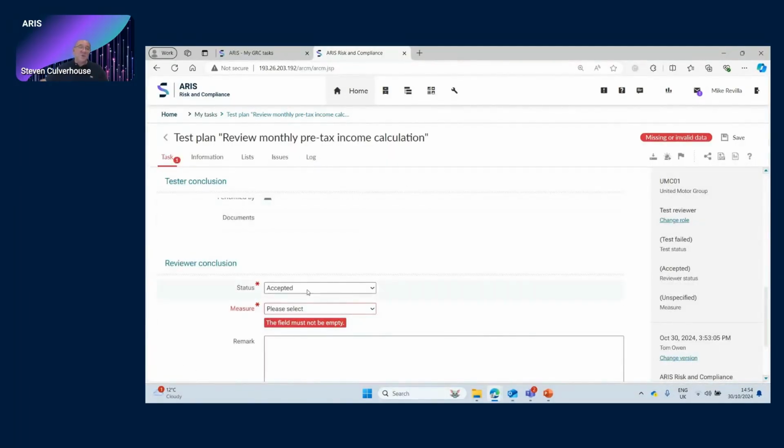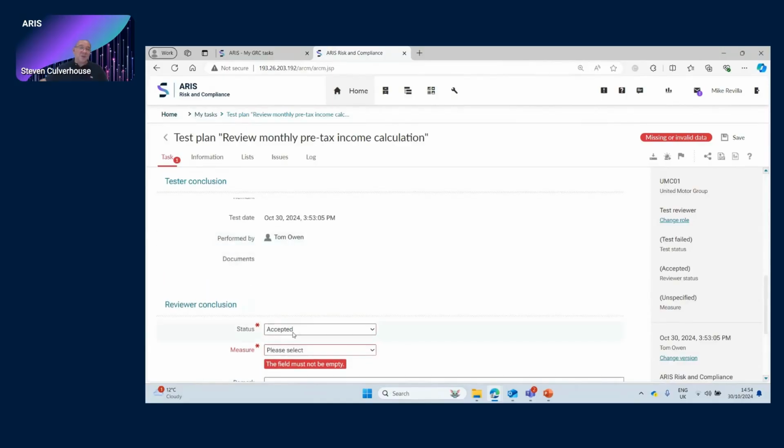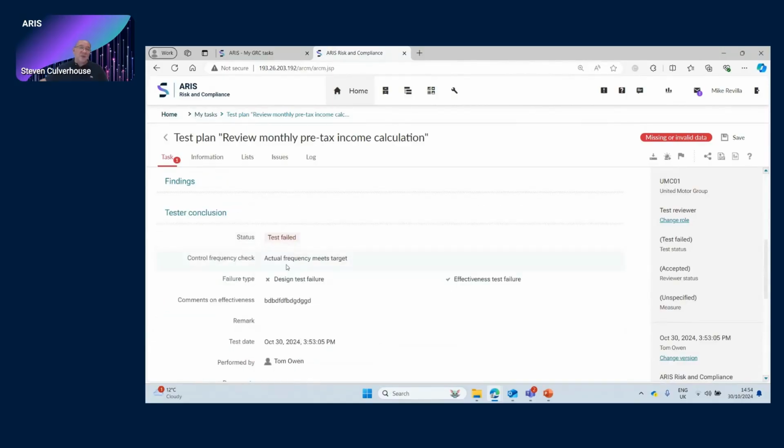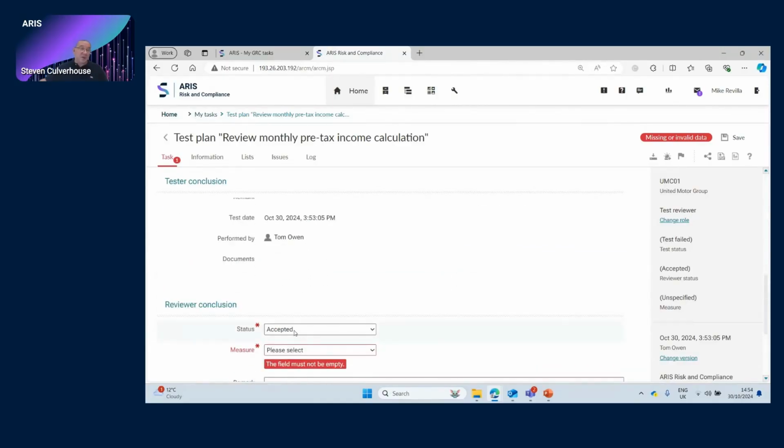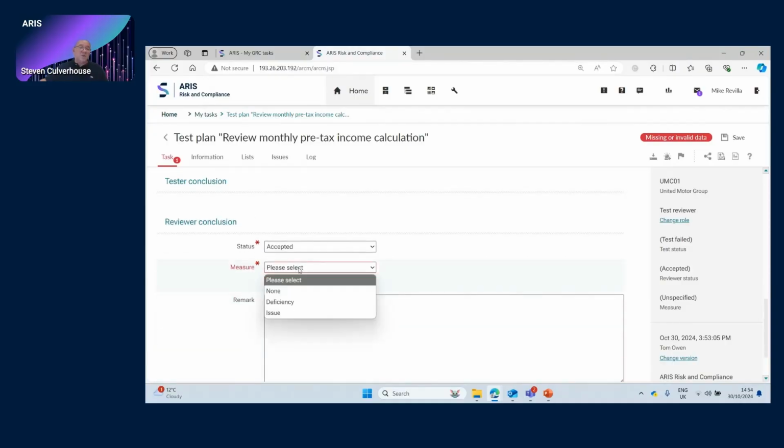So one thing I didn't do, sorry about that, is I've said it's a failed test, and basically I agree. So what are you going to do? I can either raise an issue, a deficiency, or nothing. Well, deficiency is a very complicated issue form specifically relating to Sarbanes-Oxley type issues. So typically we only use either none or issue. So if you want to raise an issue,